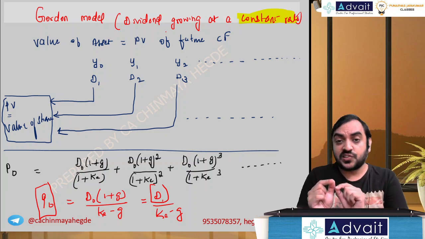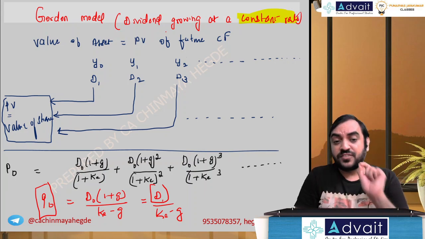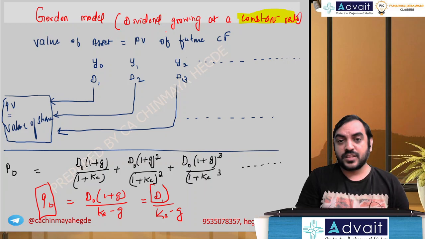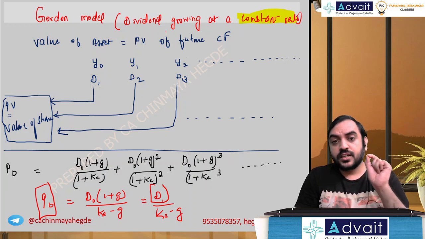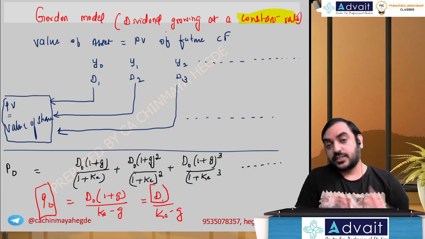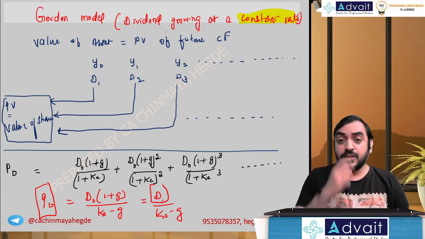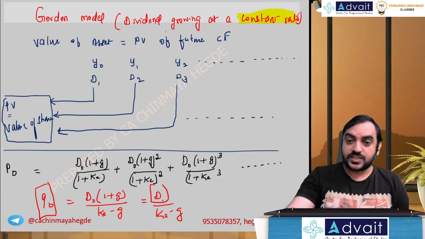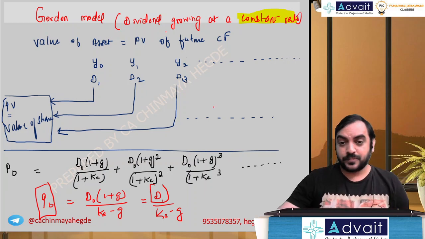P0 reflects the value of year 1 dividend onwards. Year 1 dividend onwards. Similarly,